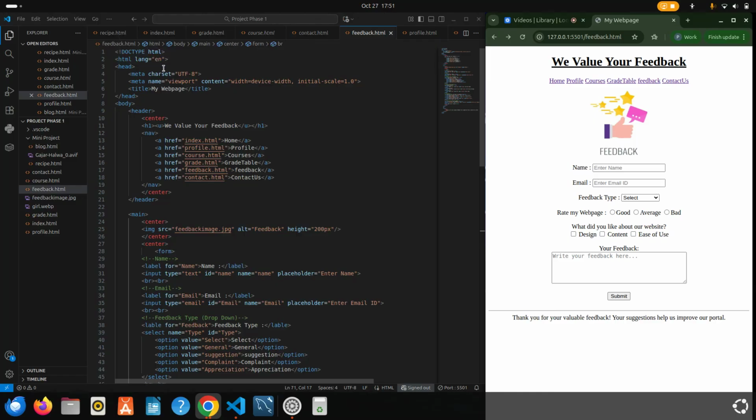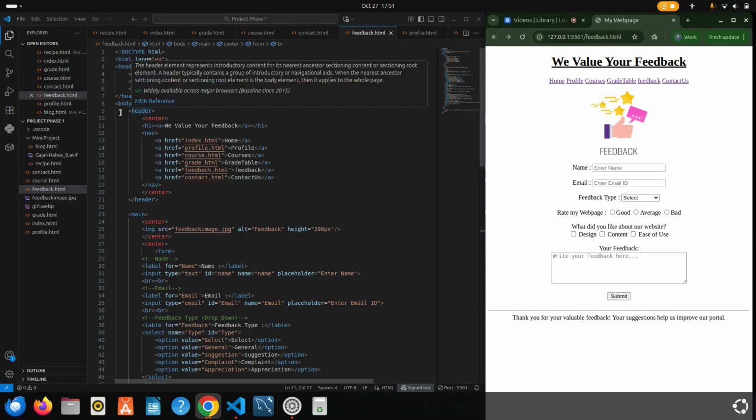This is the HTML tag. It is the root of the page. This is the head tag. It gives page information like meta and title. This is the meta tag. It gives information about the web page to the browser and search engine. This is used for responsive design. And the title tag shows the page title, like this, my web page title.